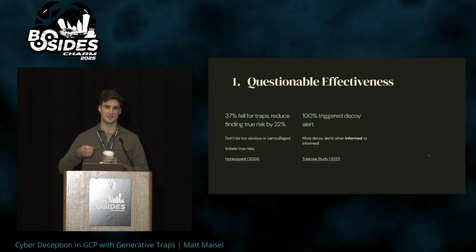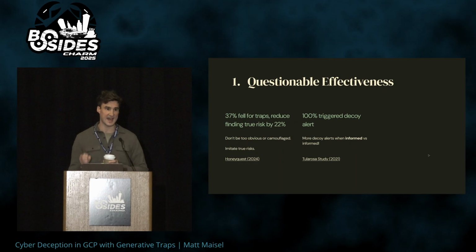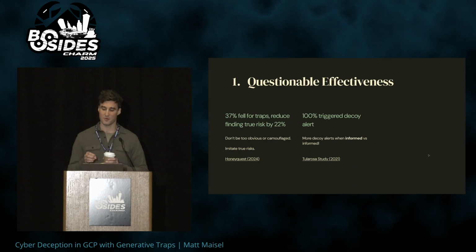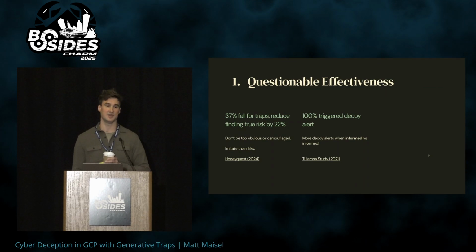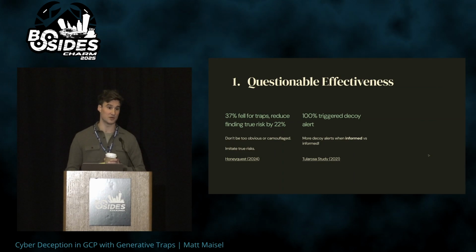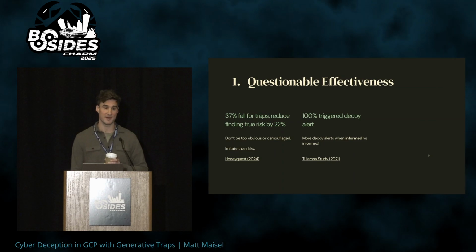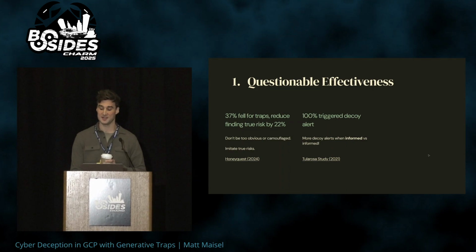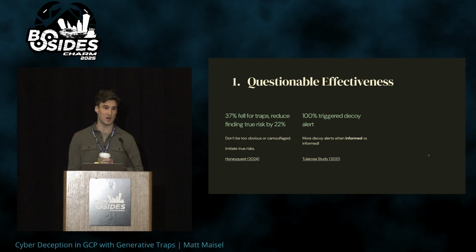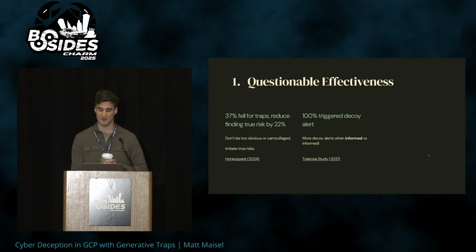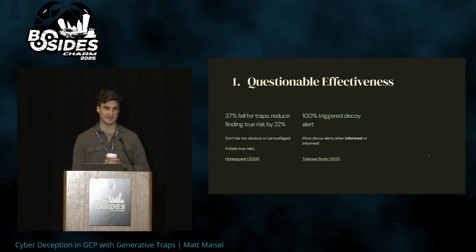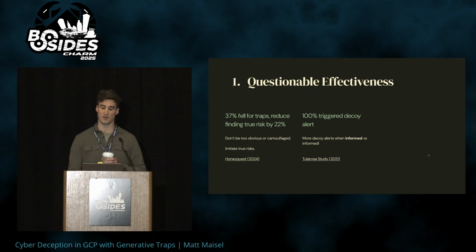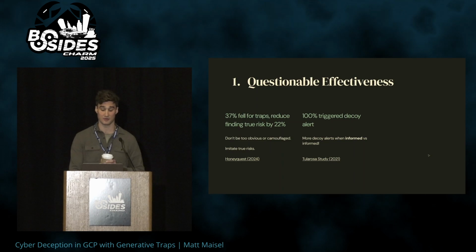Interestingly, in some cases, some of the red teamers were told that deception was active in the environment and others were not. And what was interesting is that even when the red teamers were aware of deception in the environment, they actually triggered more decoy alerts, or more traps, than when uninformed about deception. Also, every participant ended up triggering a decoy or a trap prior to exploiting one of the targets in the environment. So this again shows that even when announcing deception, we can waste attackers' time, and we can have sludge basically to make them take longer circuitous routes to the crown jewels.